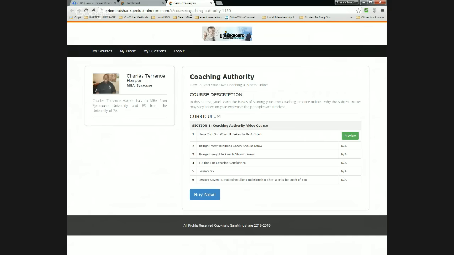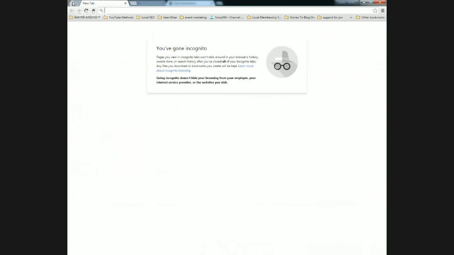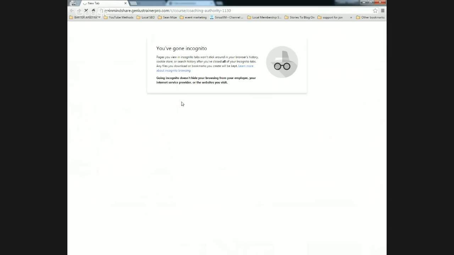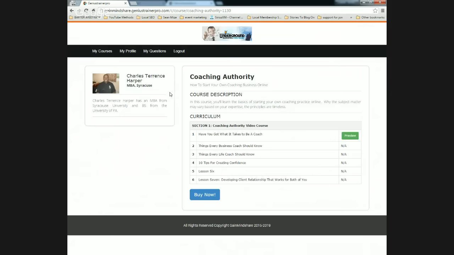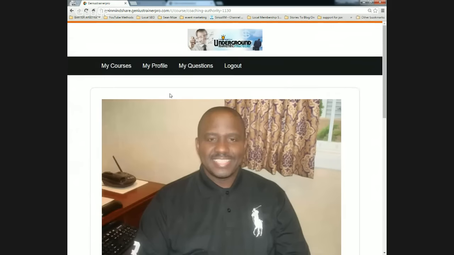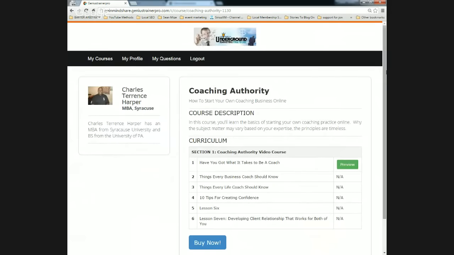What I'm going to do right now is go to an incognito browser so that you can see this. I've got my cookies in the other browser, so it wouldn't quite do what I needed. So you can see the little man up there in the top left. If your student got the link that you gave them, they click that link, and then here is the course page. I'm going to enlarge that for you so you can see it.